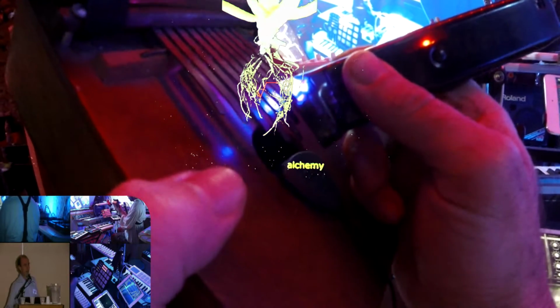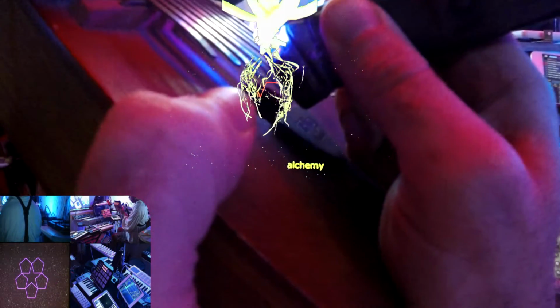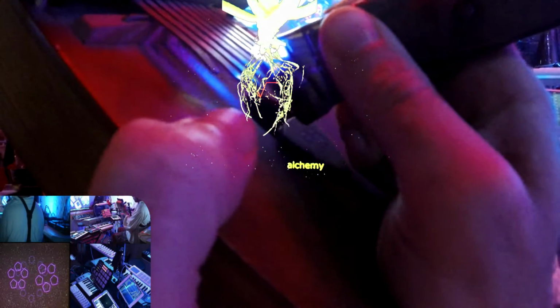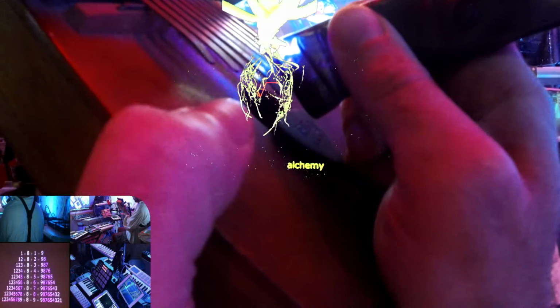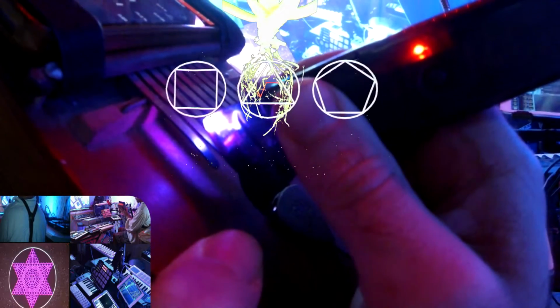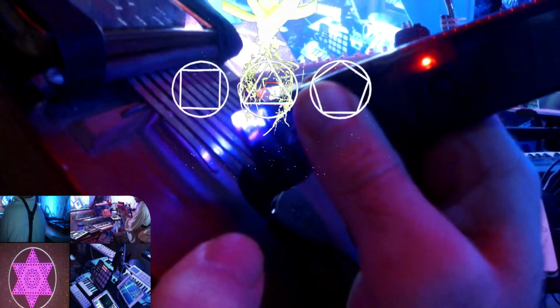So alchemy in the plant occurs on a number of levels, 2 levels here, the root system and the leaf system. The root system secretes acids into the soil, breaking down the mineral compounds into tiny constituents, but anyway, you know the rest of the story. But in geometry, the root powers are embedded in the 3 shapes